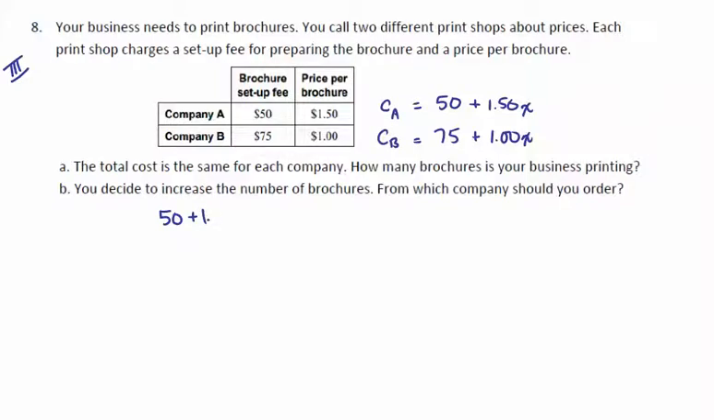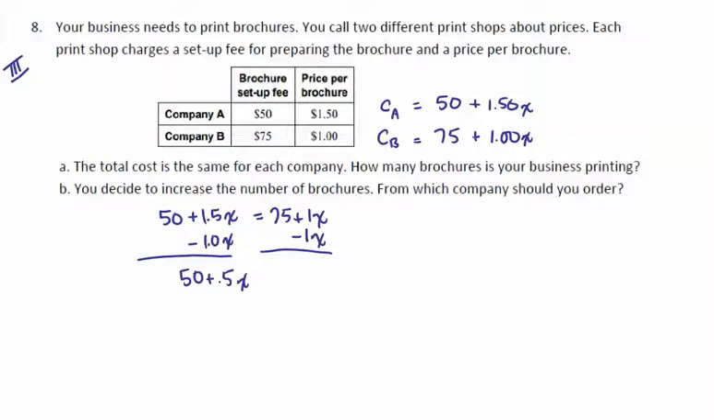So 1.5x is equal to 75 plus 1x, or just x. Now, we have variables on both sides. We simplify this by subtracting 1x, or 1.0x, from both sides, same thing. And we end up with,